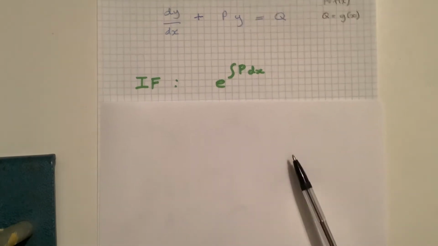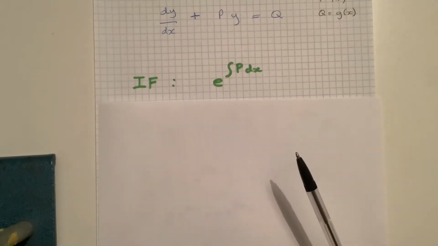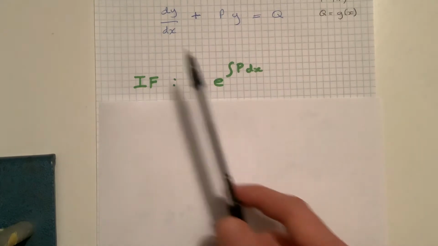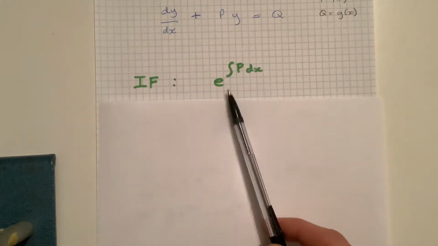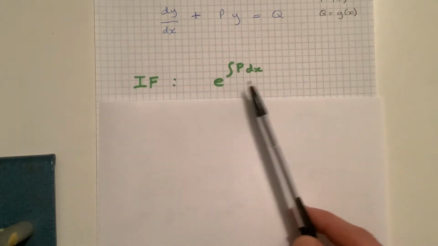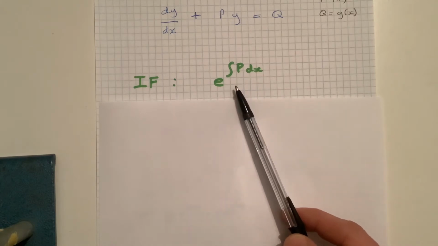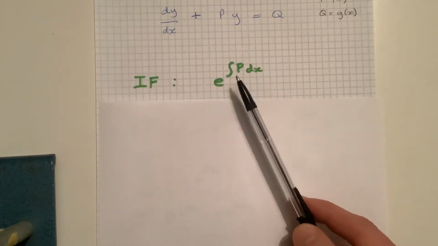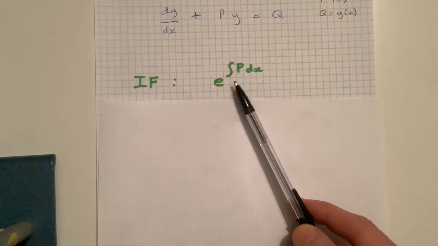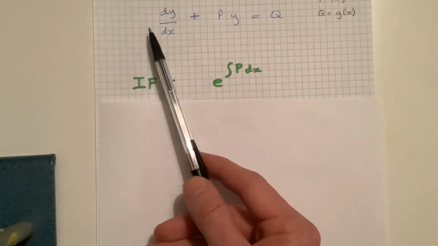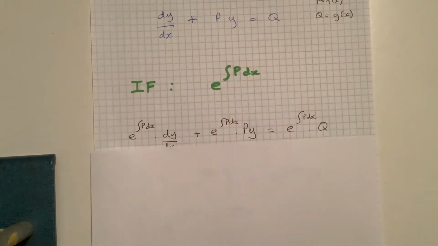And I'll show you why that works. So like I say, we are going to multiply all the way through by this factor. Now at the moment that looks quite complicated, but you'll see in a minute, this actually most of the time simplifies really nicely. Anyway, so if I multiply each of these terms by this,